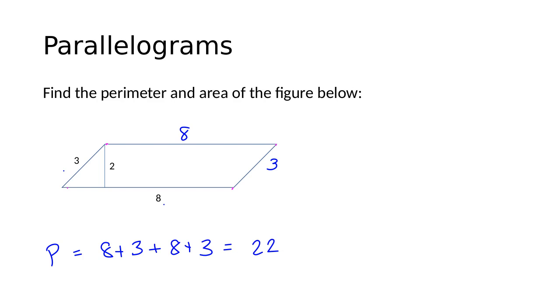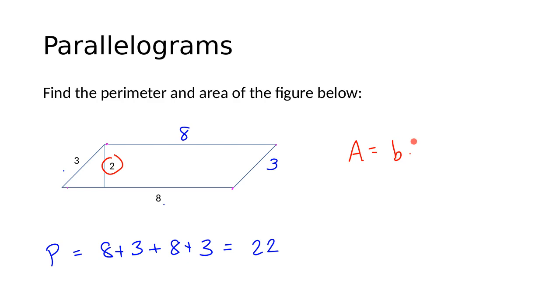This particular diagram didn't give us units. This could be inches or centimeters or feet or yards. We don't really know, so we'll just call it 22. Now notice we didn't use that number 2 when we were finding the perimeter, so I wonder if it has any purpose at all. And sure enough, it does, because when we go to find the area of this parallelogram,